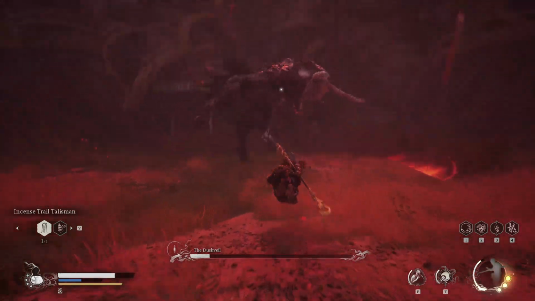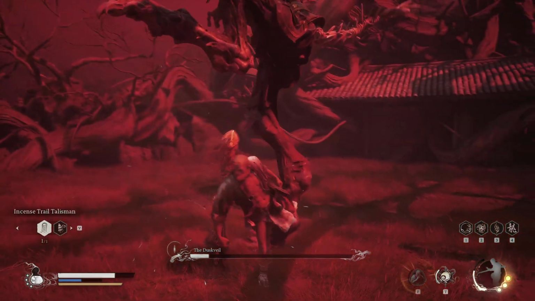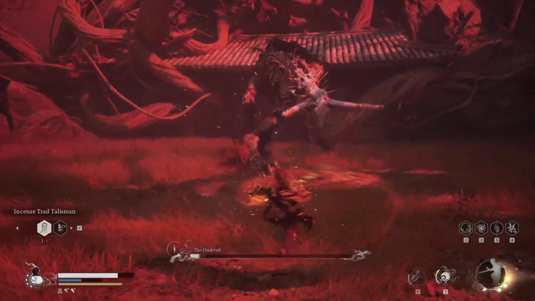The last one is by far the hardest. A spirit into a counter. Yeah, this is really hard to pull off. It's all about the timing. But if you can do it, oh boy, it feels better than...